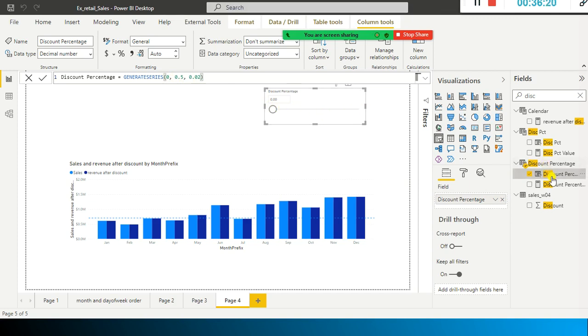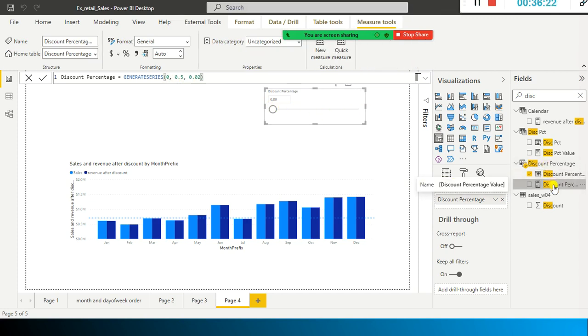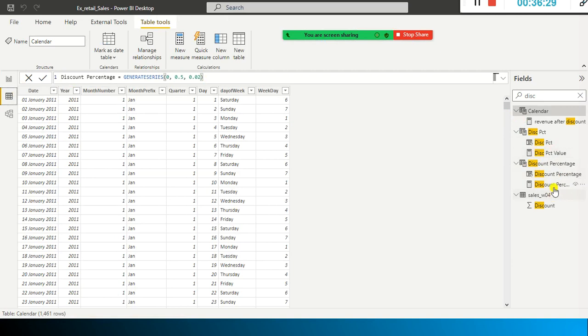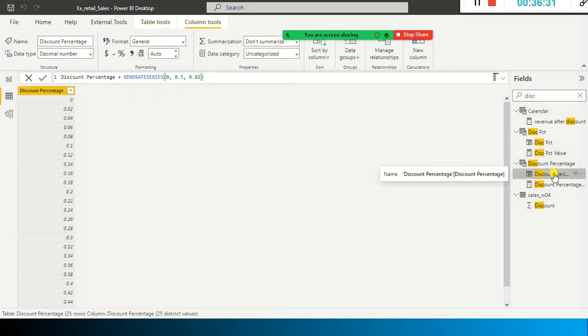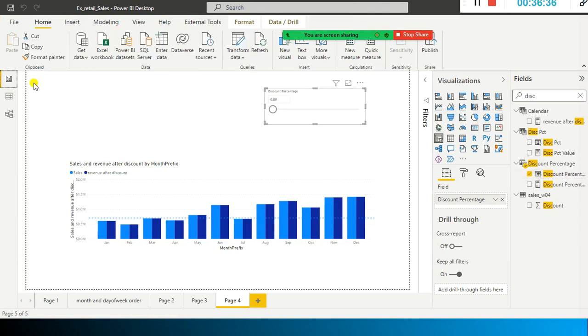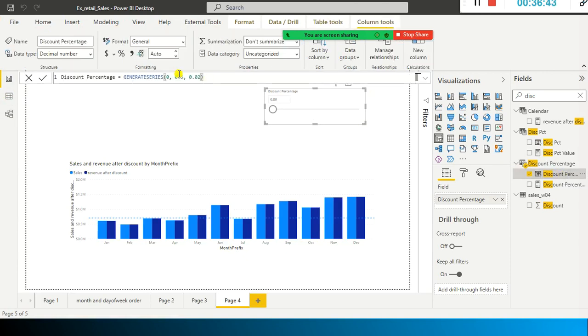One second, let me look at the discount percent value, and let's see why it is not working, right? So here, it's a very tiny value, but earlier I used that one, right? One second. 0.5, and here this is the minimum, maximum, and the interval is, I will say, 0.05.